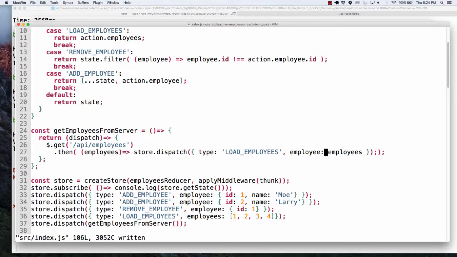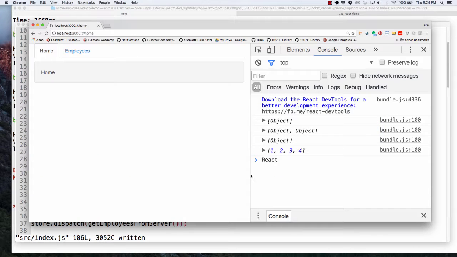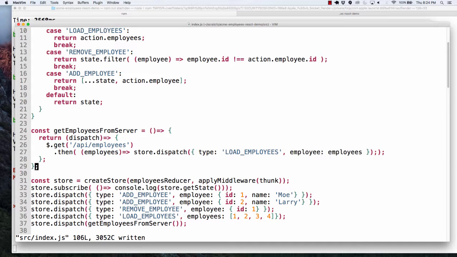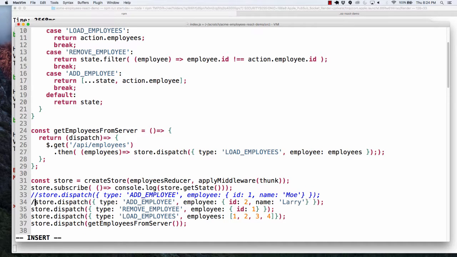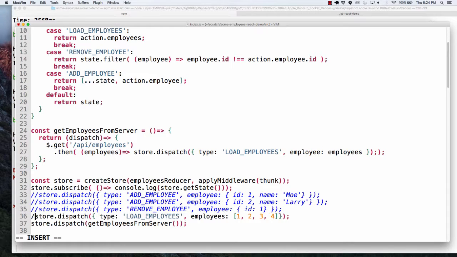I could break it down on multiple lines if I want to. But if I went to run this now, let's clean this up a little bit. Let's take all this other stuff off because... Doesn't that have to be employees too? Employees. Yes, thank you. Again, it doesn't make sense if I have to know what my action type is expecting as a signature. So this is employees, and that's employees. And if we go and run this,